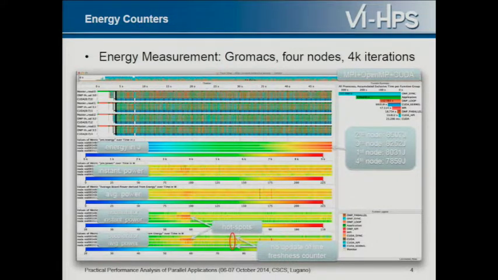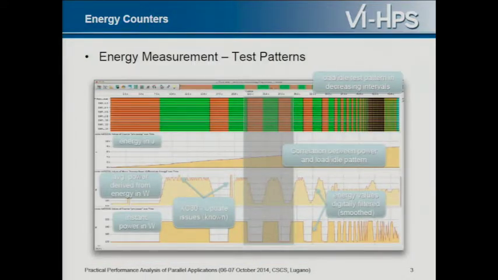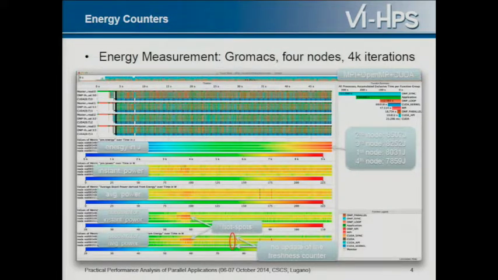So this time it's not the counter display, but what's called the performance radar. We see the metric information for each node in that case, since we cannot get it for every process and for every thread individually, we can only get it for the whole node or for the whole accelerator.